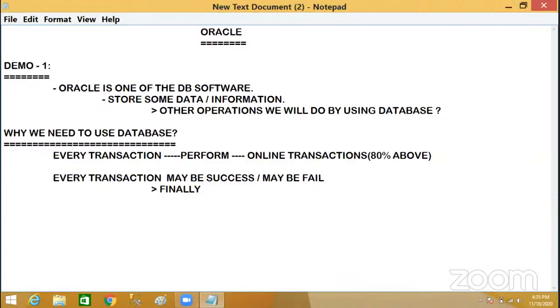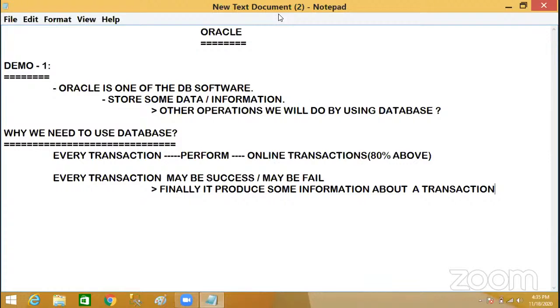But finally, it produces some information about a transaction. Okay, so let's check your transaction. Suppose you are booking your ticket; for example, your transaction may be a success. It will produce a successful message to your mobile.